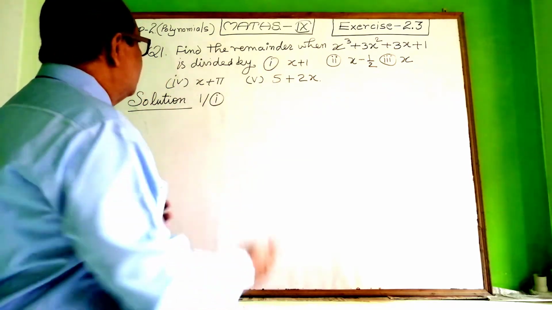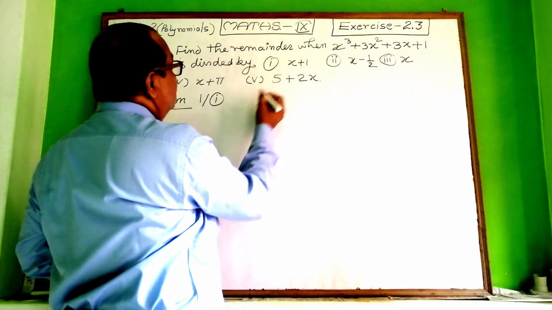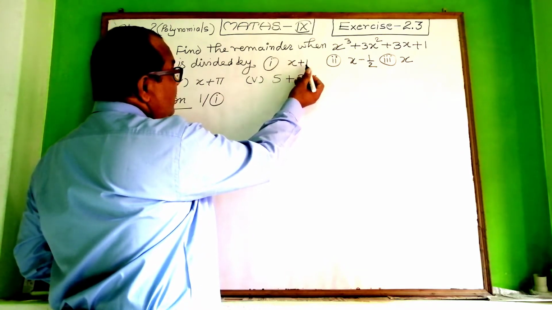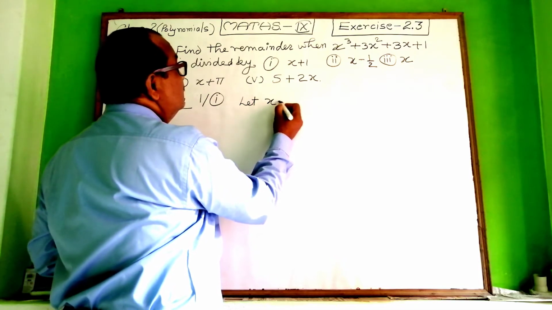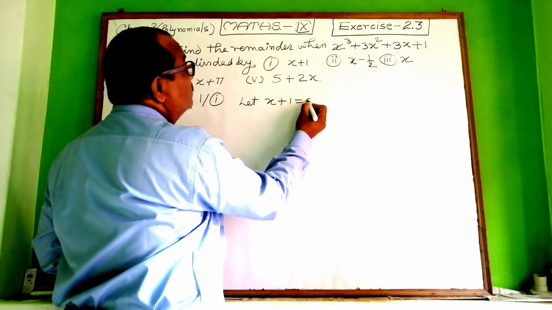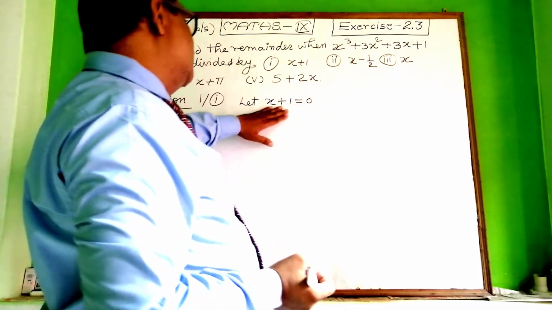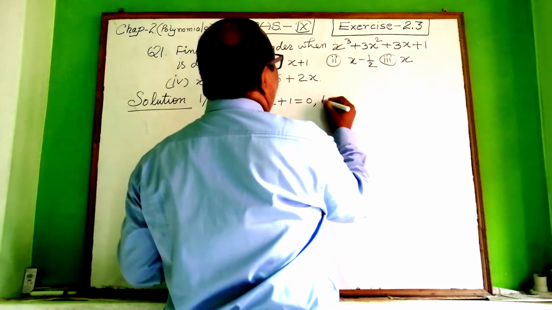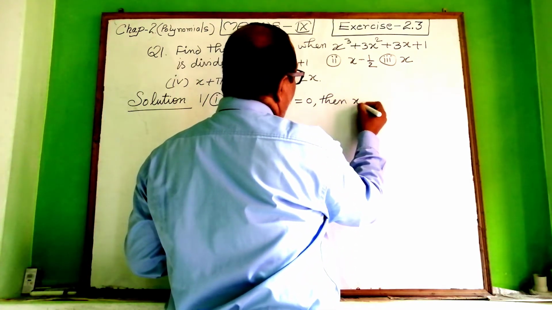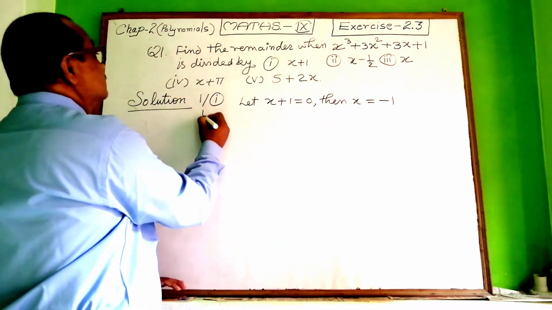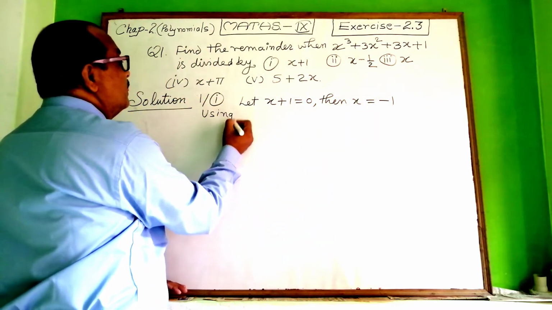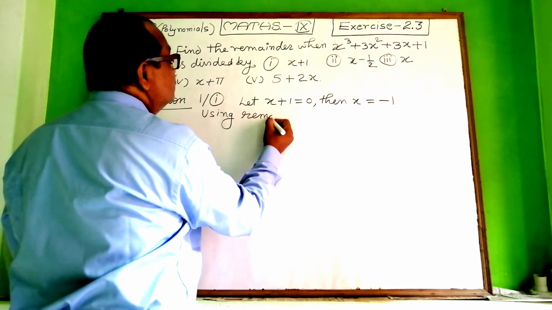So I am taking the very first one. Here the divisor is x plus 1. So for doing this, write the divisor as 0. Let x plus 1 is equal to 0, then the value of x will be minus 1. So using remainder theorem,